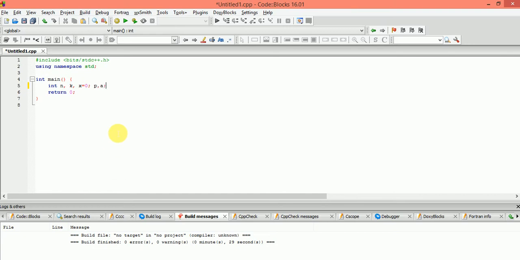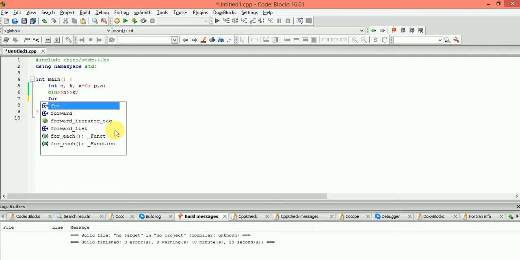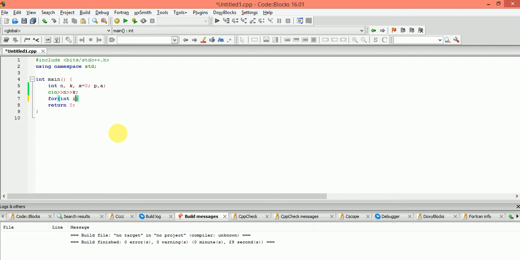What this is, we will tell you after that. Suppose I have taken the input n and k, that is the number of items and the allergic item. After that I will take input with int i equal to 0, i less than n, i plus plus,